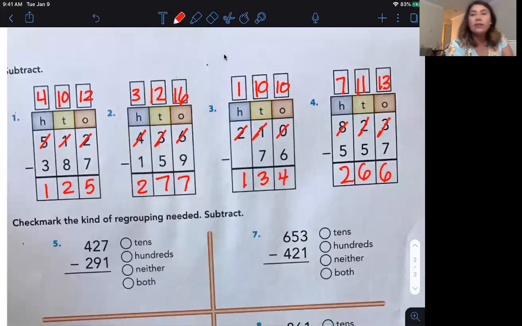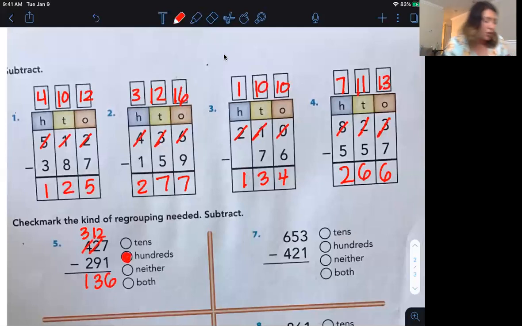7 take away 1. 6. That's easy. 2 take away 9. Uh-oh, we can't do it. So let's go ahead and borrow from the hundreds. 4 becomes 3. 2 becomes 12. 12 take away 9. 9, 10, 11, 12 is 3. 3 take away 2 is 1. We borrowed from the